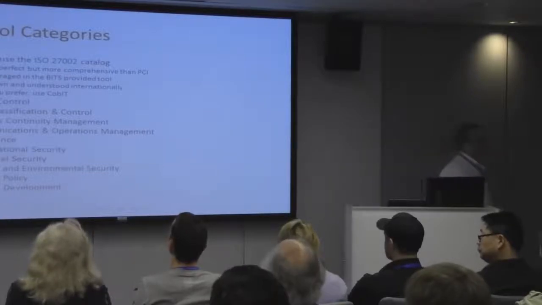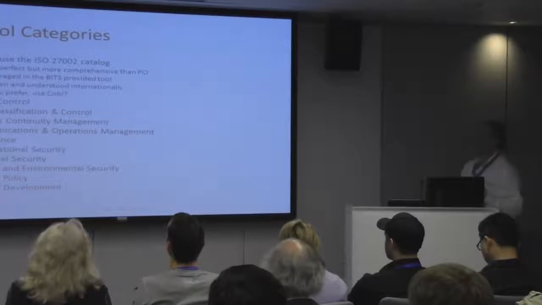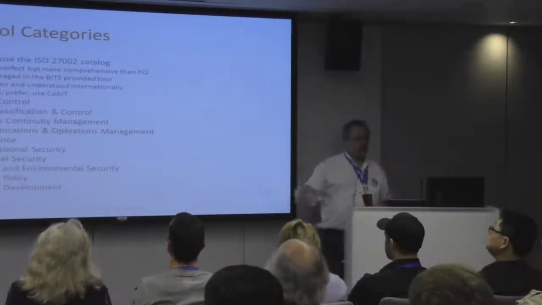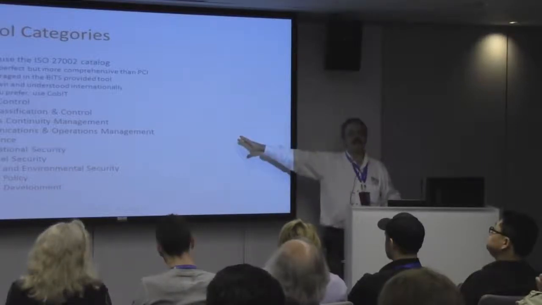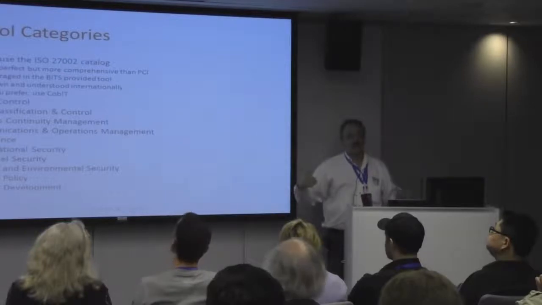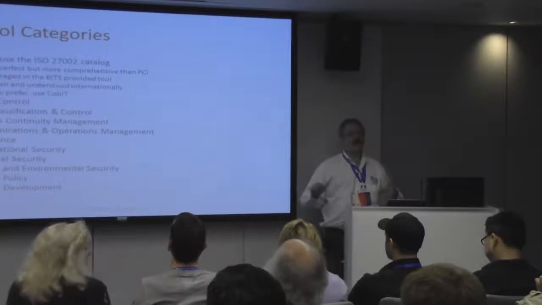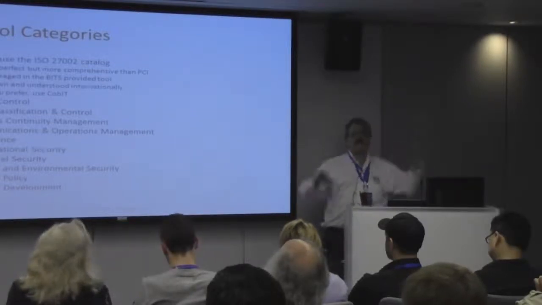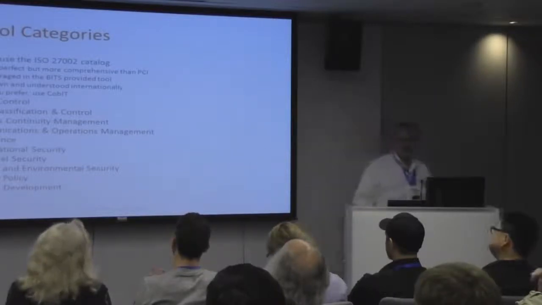Control categories. Again, when you're doing analysis, it helps to divide these things into different categories. I like the ISO 27002 categories because other people like the COBIT categories. What I like most about the ISO 27002 is, I'm lazy. Somebody's already taken ISO 27002 and mapped them against those threat categories. So I've got this nice matrix of threat versus control. And we're going to leverage that as we go forward.